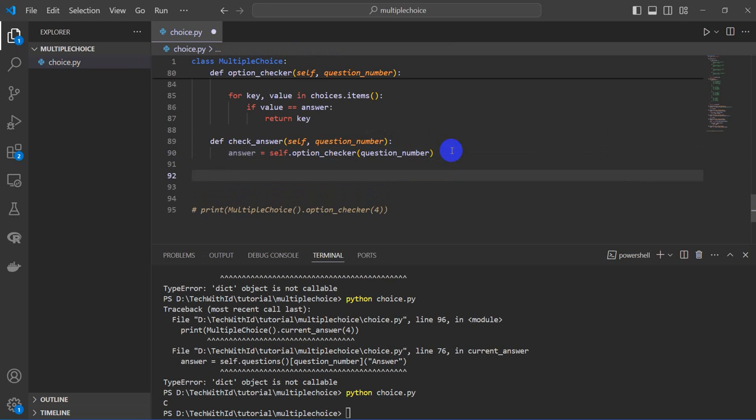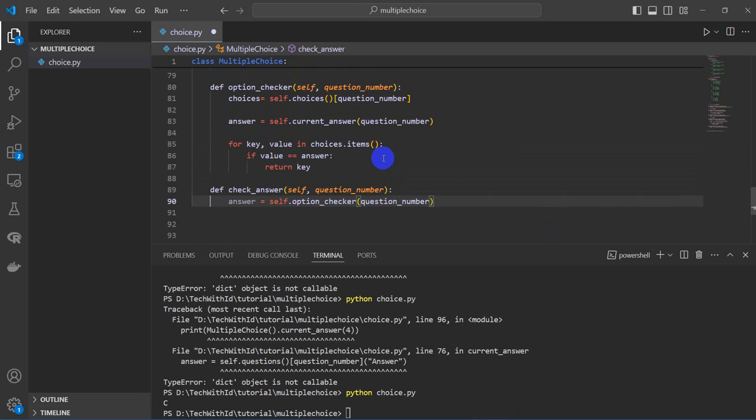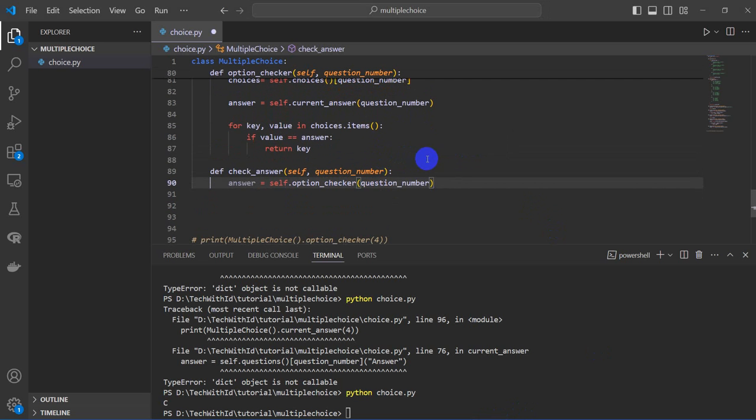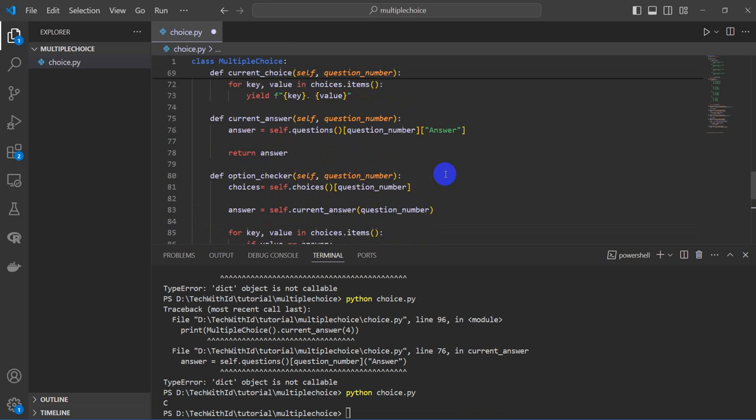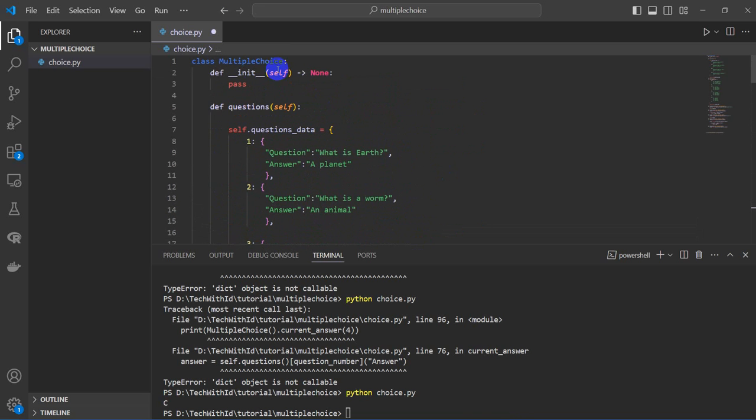And we now say we need an input. We also need an input from the user. For instance, when the user says, okay, I want to get this. So answer is actually getting the correct answer from the questions array. So we will say we need an input. We can just come up here and pass the input up here and say that self